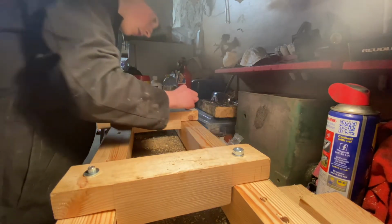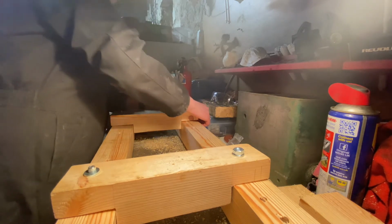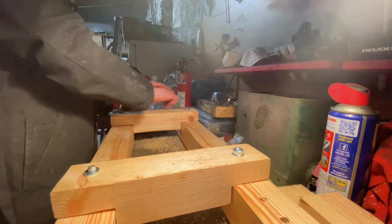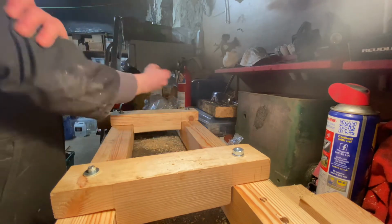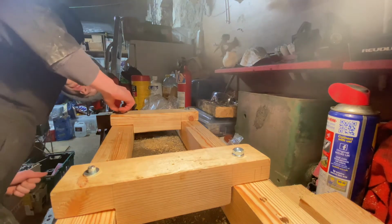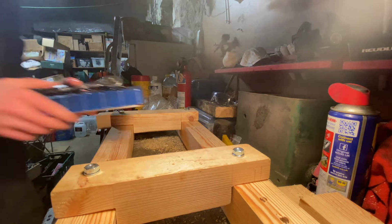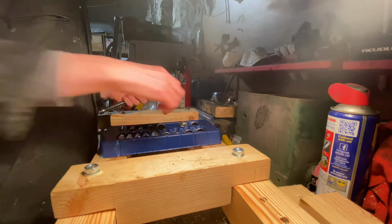If there's anybody out there wondering why I'm using bolts, I'm just copying the exact same design used on the other one. I don't know if bolts are actually the right thing to use when building these, or if you should just screw it together, but I expect bolts seem like the right thing to use. Yeah, so I'm going to take it inside, and then I'm going to